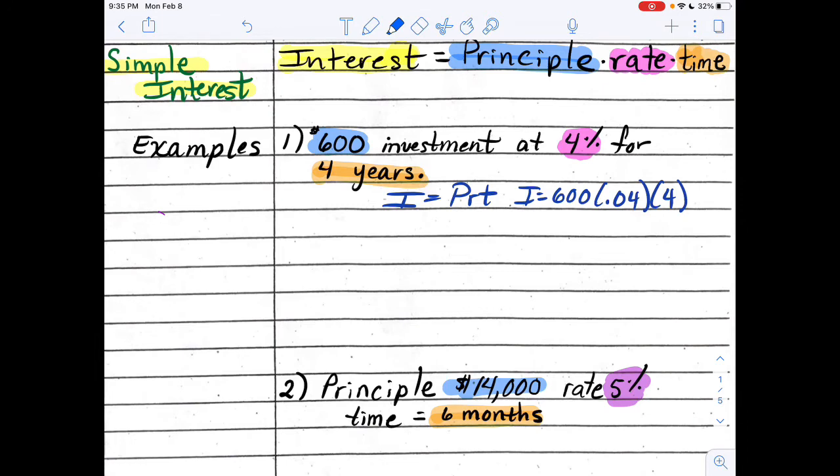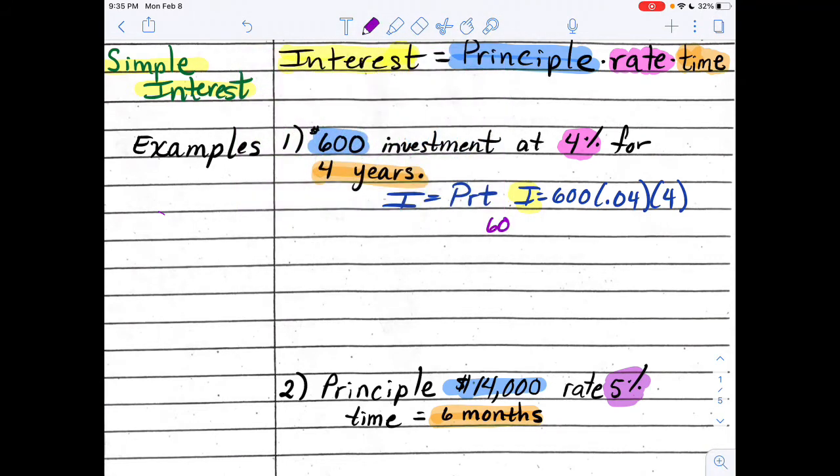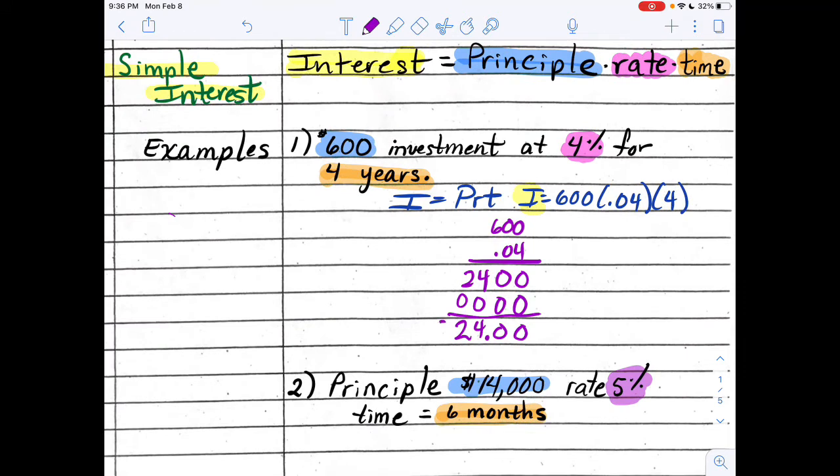Let's start with 600 times 0.04. Let's calculate those. 600 times 0.04. Show your work when you do it. 0, 0, 24. And then I have 0 as a placeholder. And I know it's confusing sometimes to have too many zeros, so make sure you're counting your places. You move it 2 places. It's $24